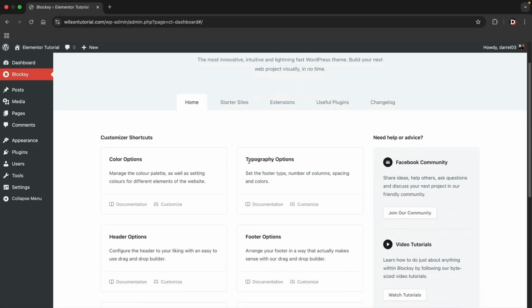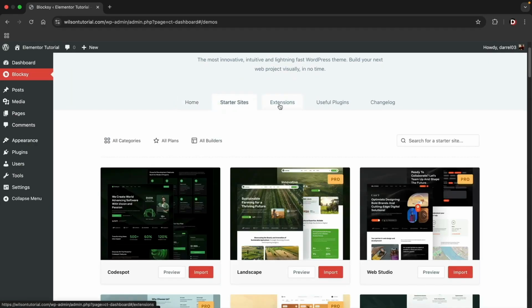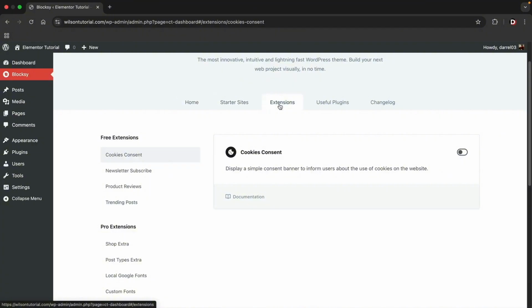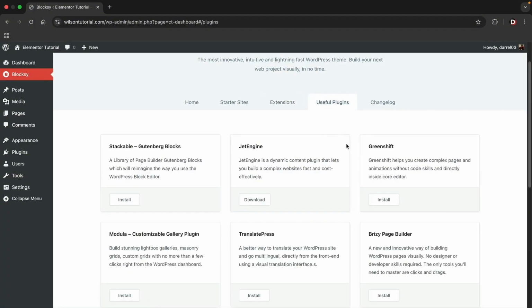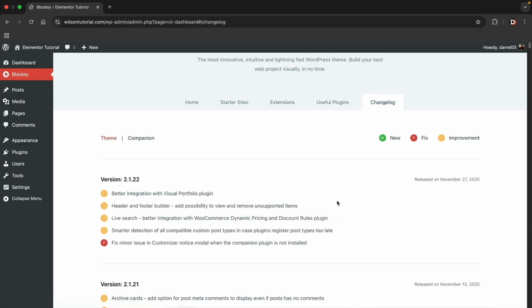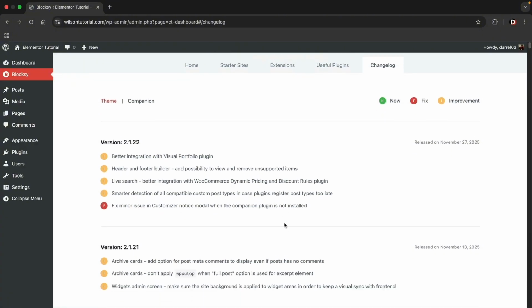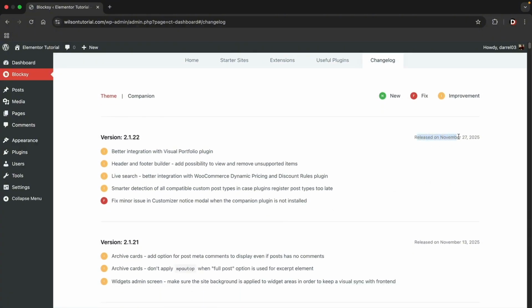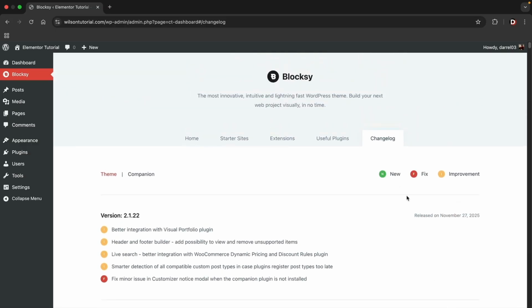Here you can view the theme options, you can view starter sites. They also have some additional extensions you can add to your website, like cookie consents. Here are some plugins they recommend, and also here is the changelog. So any time they make an update, all the changes will be here automatically. And they actually do update this theme quite often, so you can always be certain that this theme is up to date and it's secure. So right here, let's go